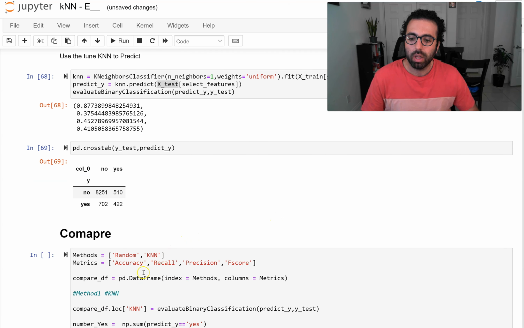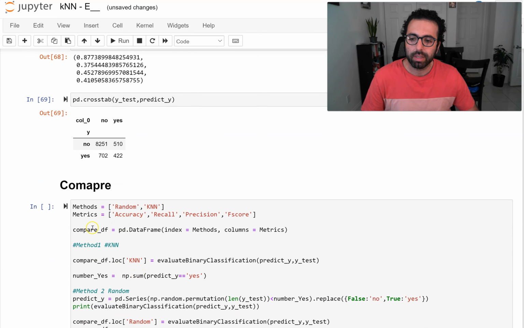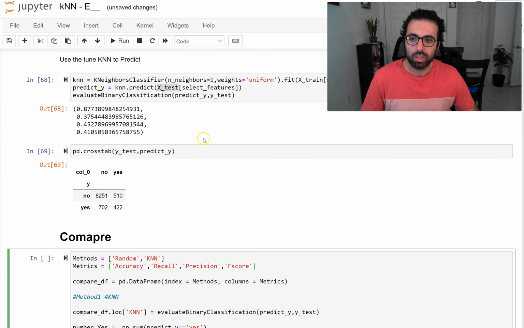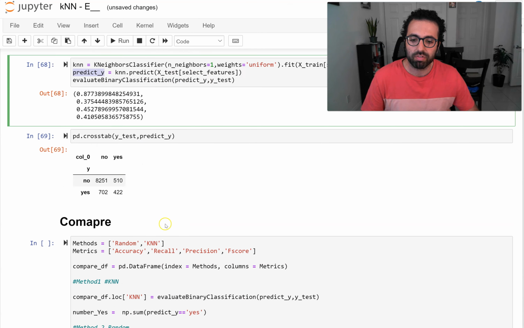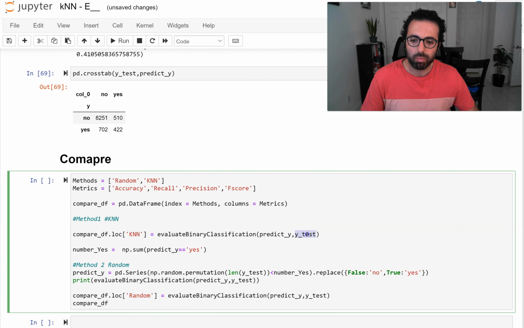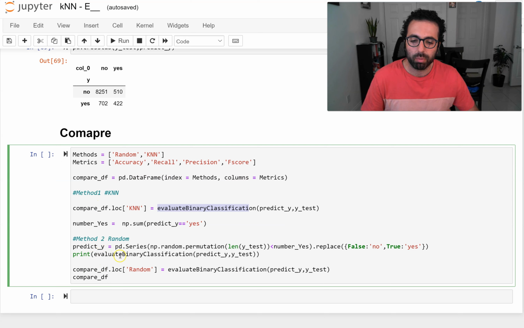Before finishing this video, I'm going to compare the performance of this algorithm to a random classifier, right? So I go ahead and create a compare df, which creates a table to compare these two methods, random and KNN, on accuracy, recall, precision, and F score. So for the KNN method, we have already run this, so the predictions are saved in this variable. So we have the prediction and the y-test, and we calculate the evaluation metrics and put them in the compare df. And then for the random method, we create a prediction